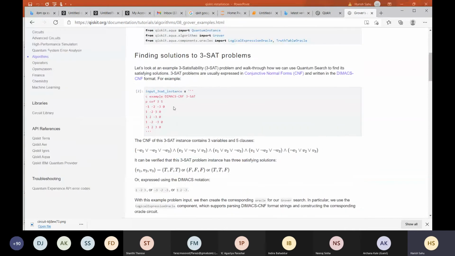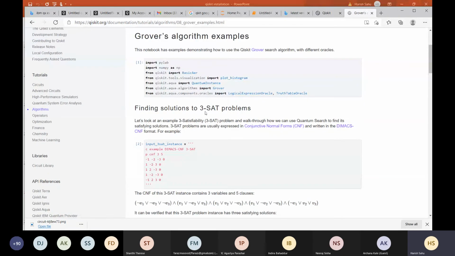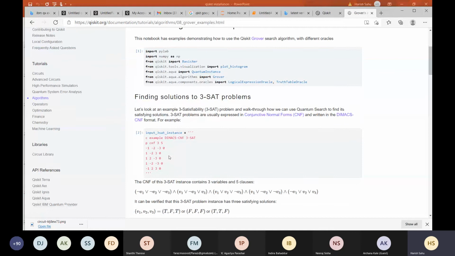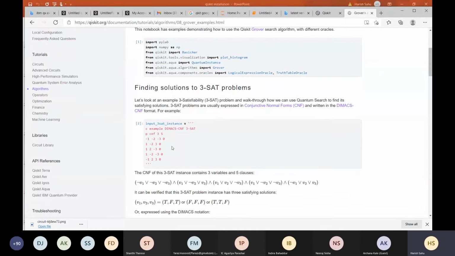What I'm telling here is you simply convert that formula into this Dimacs CNF format. Then this Grover will take the formula as an input, design the Oracle accordingly, and give you the answer. Here you don't need to worry about designing the Oracle, which we were doing ourselves earlier.